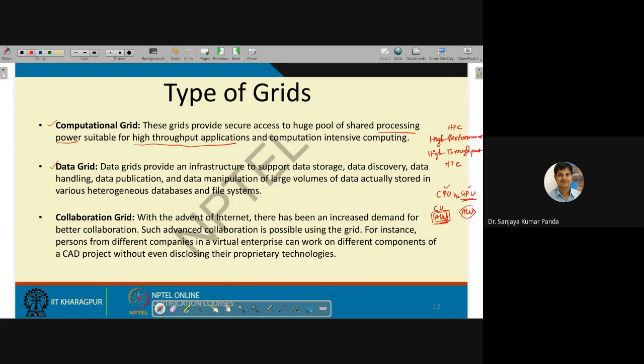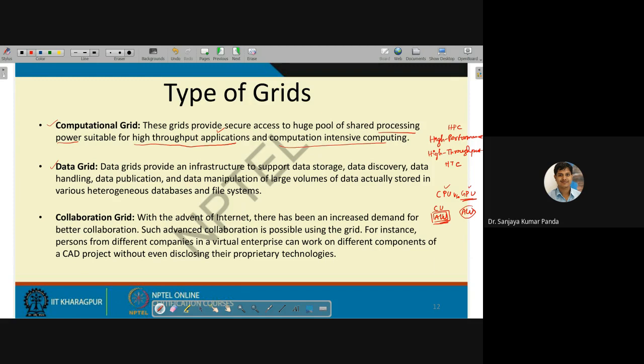So CPU can provide you high performance, but through GPU you can get high throughput. So here we are looking for high throughput applications. Again, in high throughput also you need high performance. But in high throughput you have more ALUs, so you can do faster computation. You can get better results in less time. The execution time can be very less. And it is also computation intensive computing, because we are dealing with a large amount of processing power. So when you need large processing power, you will go for